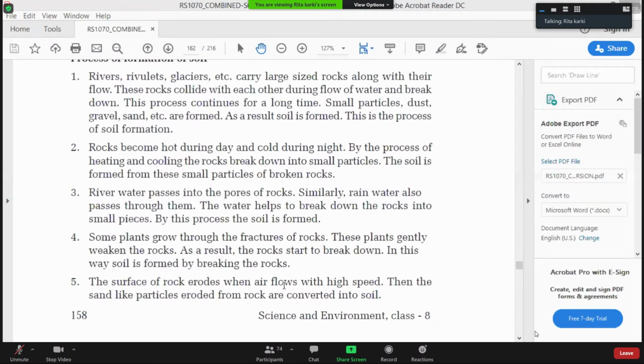Besides these, during this crack formation process due to the difference in temperature, in some places the rock does not break down into smaller pieces, or only some fragments break. In places where cracks occur in the rock, the rainwater or the water flowing from the river passes inside the pores of the rocks. That water will remain inside the pores of the rocks for a certain period of time, and during this period,